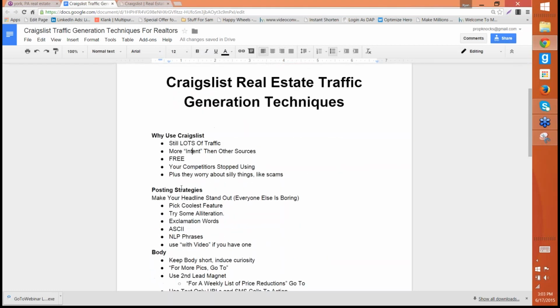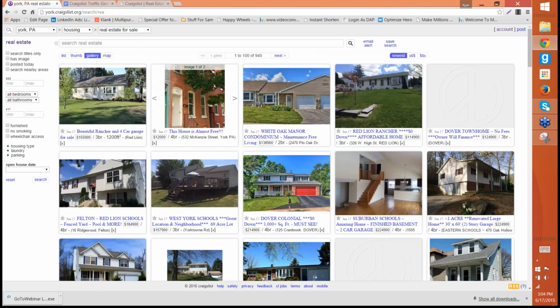Why you guys might want to use it. And then let's go into some posting strategies here and talk about some things that'll help your ad stand out and get more click-throughs. And I was just browsing through Craigslist, and I realized that in my doc, I've been